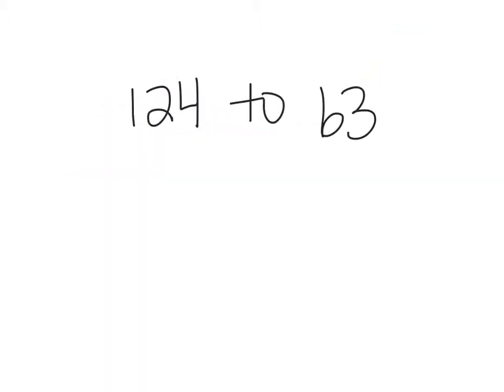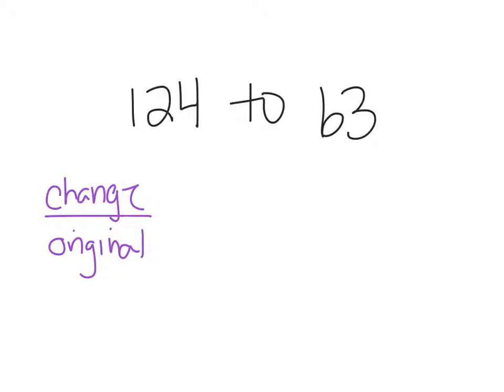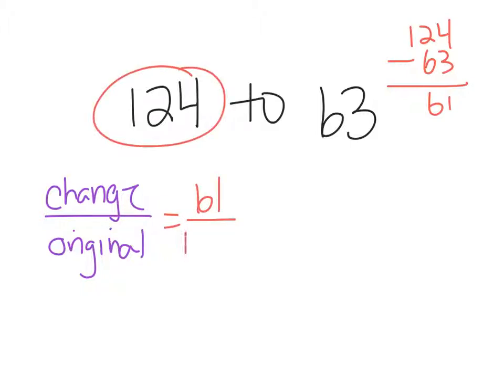All right, let's look at another one. So again, we have change divided by original. In this case, the change is 124 minus 63. So this is going to be 61 divided by the original, which is 124. So 61 divided by 124 equals